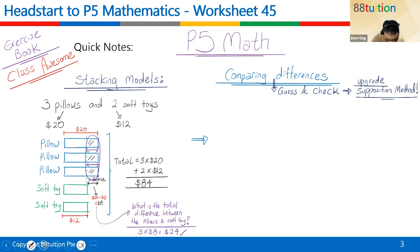Supposition method usually gives you 2 totals, or guess and check. How do you recognize the question? Usually 2 totals will be given, and also 2 individual pieces of information. Sometimes, how do you know whether this is a supposition question? There are 4 things. There are always 2 totals and 2 individual pieces of information. What do I mean? Look, children. For example, the question says I got 5... the 2 totals, the first total,